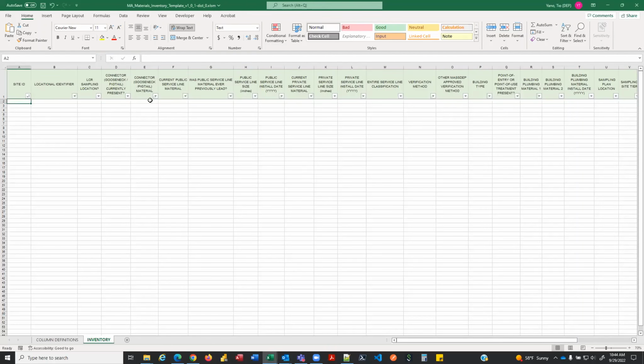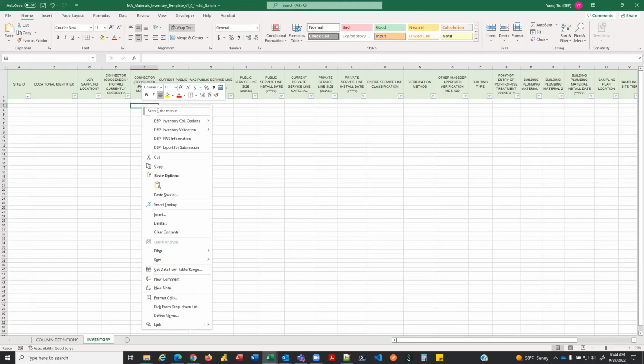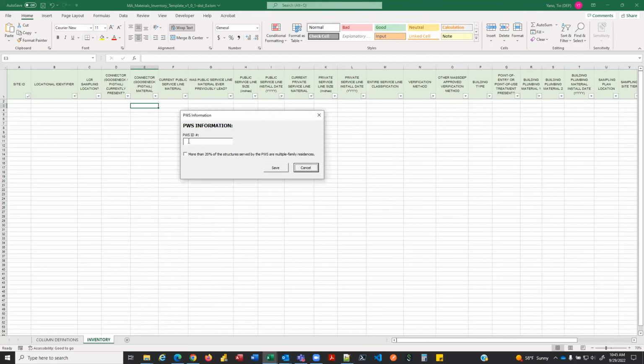So the first thing you're going to want to do is set up your configuration settings, and most of the actions that you're going to be performing can be accessed through the right click on the worksheet. There are some DEP options. So these are the ones that we've built into the worksheet. And the first thing you want to do is open up the PWS information. And in here, you're going to enter your PWS ID number. Today, we'll just use Beverly Water Department as an example,